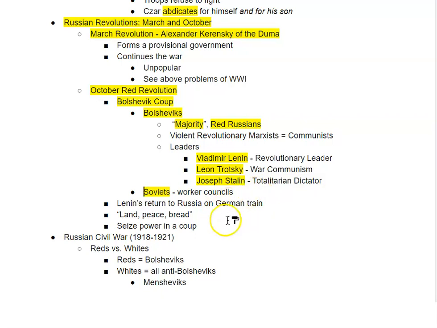Lenin himself, where did he come from? He lived in Russia, but he'd also lived in exile for quite some time. He was actually captured in Switzerland by the Swiss, who didn't want a known revolutionary living in their country during World War I. They handed him over to the Germans. The Germans, knowing that Lenin wanted to start a revolution against the government, put him on a sealed train and sent him back to Russia, with the knowledge that he would be a destabilizing force in Russia, and sure enough it worked,